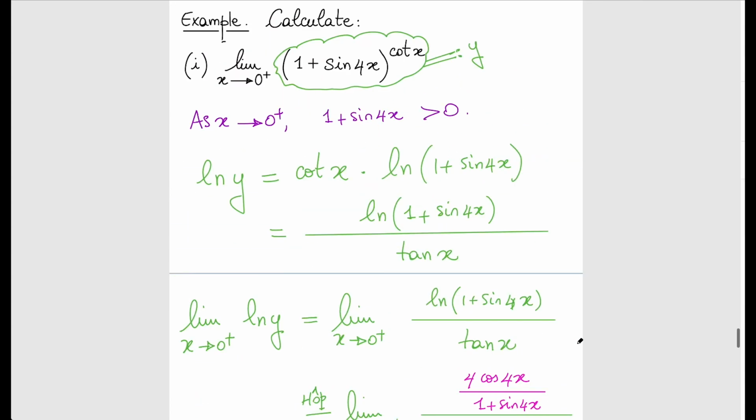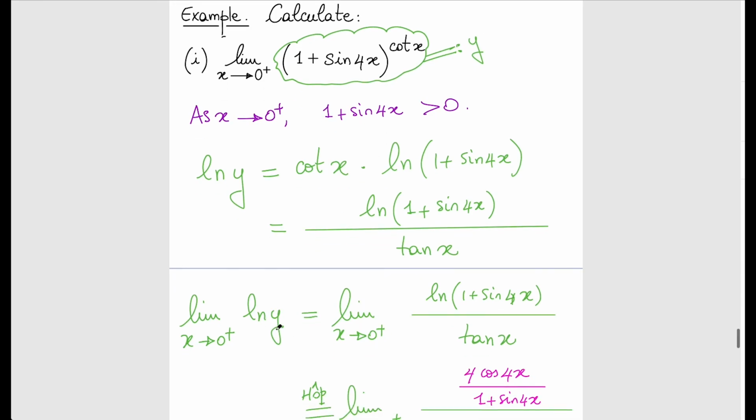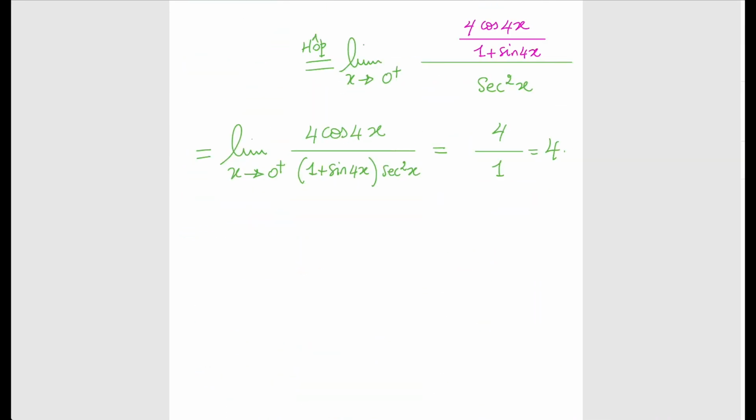But this is not what we wanted. We wanted the limit as x approaches 0 from the right of y, right? This whole thing, we called it y. What we know is that the limit as x approaches 0 from the right of ln of y, as opposed to y, is 4. How do we get our hands on the limit of y? So thus,